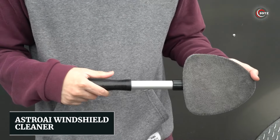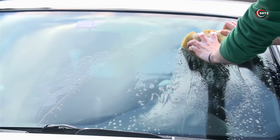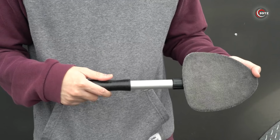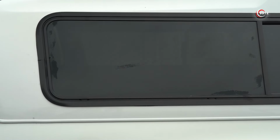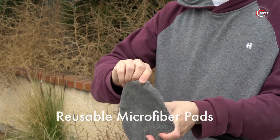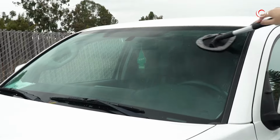Number 11. AstroAI Windshield Cleaner. Do you find it difficult to clean the inside of your car's windshield? Introducing the AstroAI Windshield Cleaner, your solution to hassle-free windshield cleaning. This handy gadget includes 2 washable and reusable cloth pad heads, an extendable handle, and a convenient spray bottle for